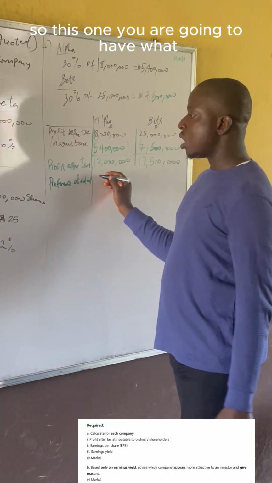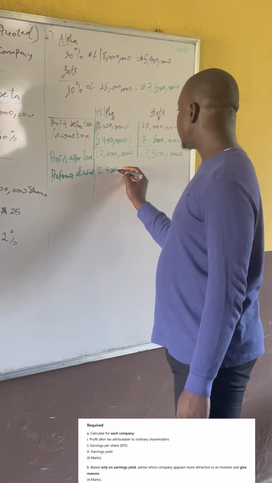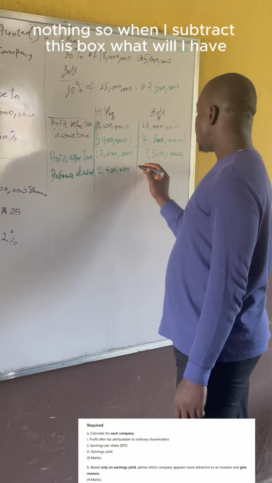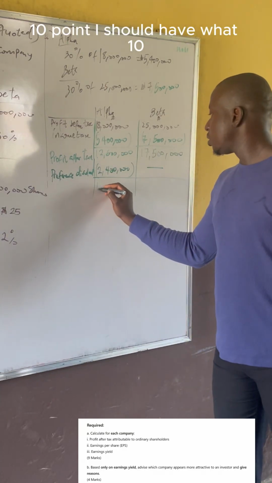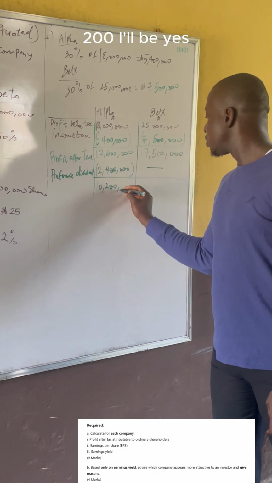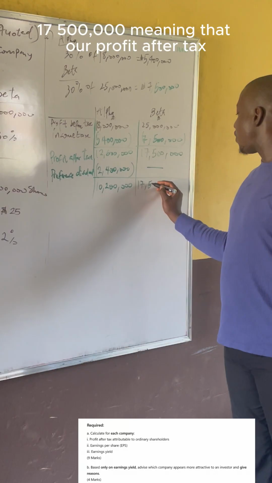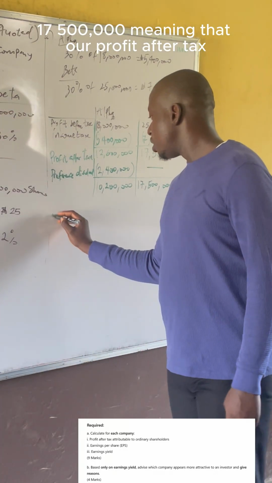So this one, we are going to have what? 2.4 million. And this one is having what? Nothing. So when I subtract this one, what will I have? 10.2 million. And this one I should maintain it. 17,500,000. Meaning that our profit